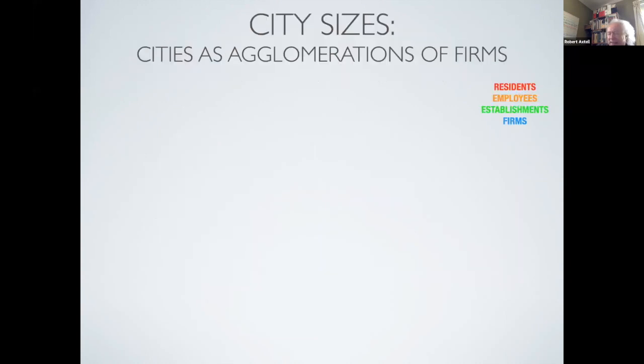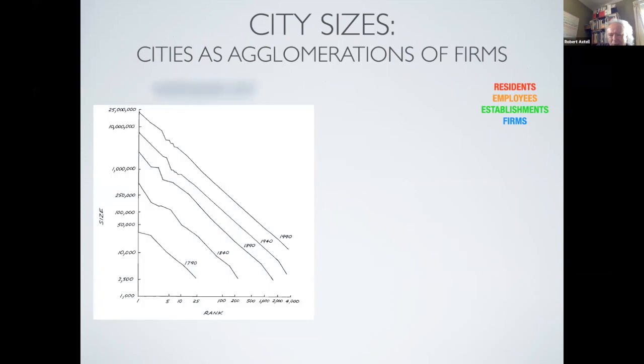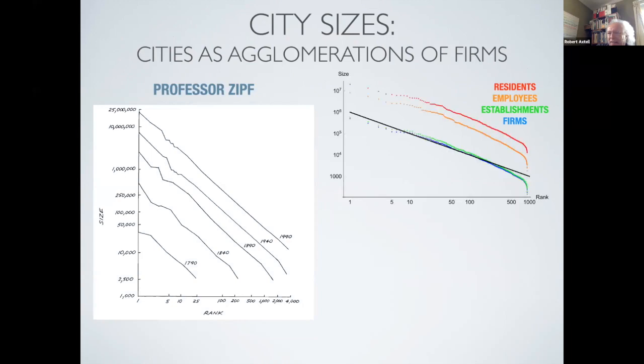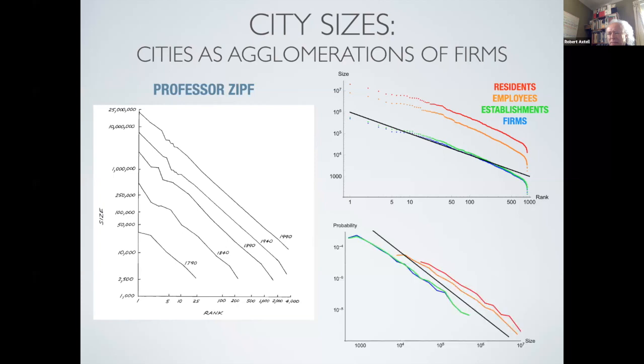Many of you are geographers, so I'll make a final point here about just a bit of geography. Everyone knows the famous Professor Zipf's plot of how city sizes scale typically within a country, and this is usually done by city size based on how many residents there are. We show in the same bit of work that whether you do it by residents or by employees or by the number of firms, you're going to get the same kind of shape to these distributions. Anyways, these are all the background.